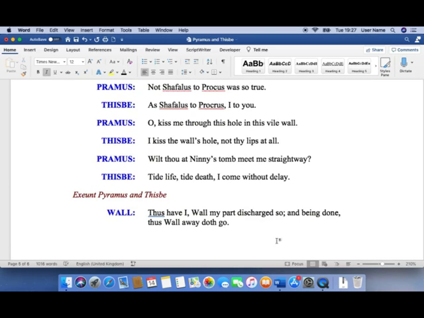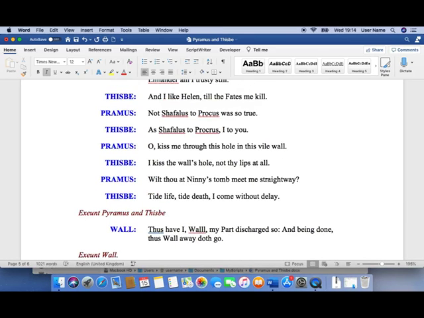Control-Shift-V. Now that's the end of the scene, but in fact we've got some pre-prepared